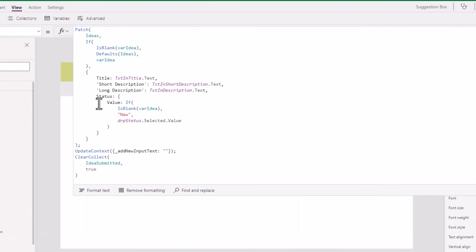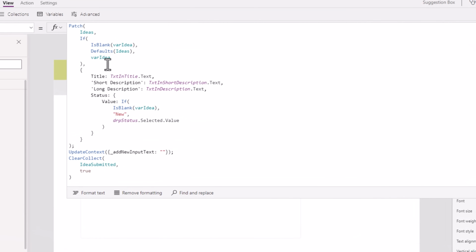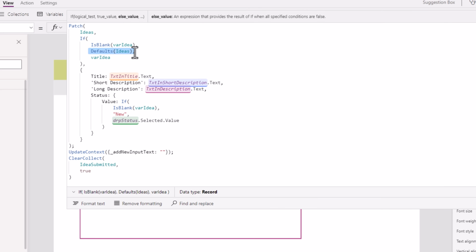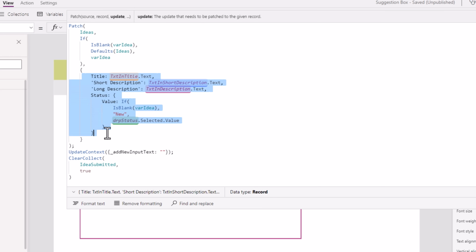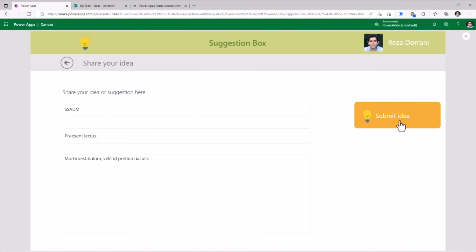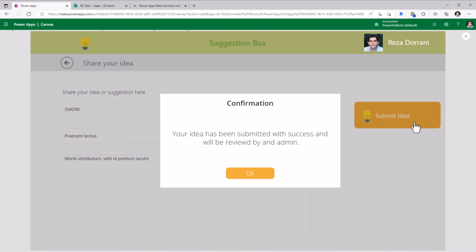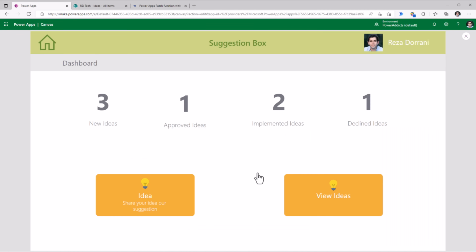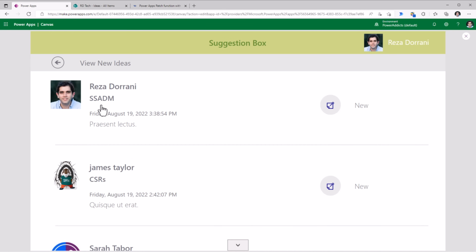On selection of this, I'm leveraging that same concept. Is the user creating a new record? If yes, use the defaults function. If no, it will use the existing item and then update the columns. So once I hit submit, it's creating a new record, gives me that confirmation. New idea count increases. If I select it, it will show me all the new ideas in the system and